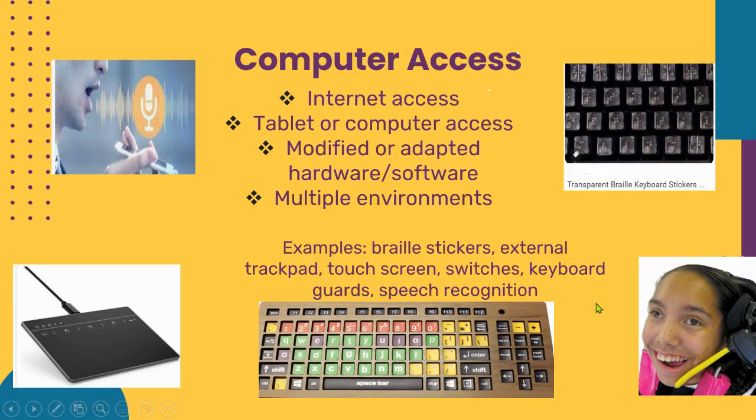Next, we have computer access. This allows students to have internet access through tablet or computer use. These types of computers can be modified or adapted through their hardware or software and can be used in multiple environments. So you can see we have some examples here like braille stickers for those who have poor to no vision, keyboard guards for those who have unsteady hands and need to communicate via the keyboard,